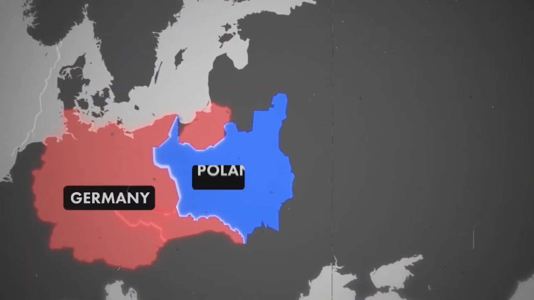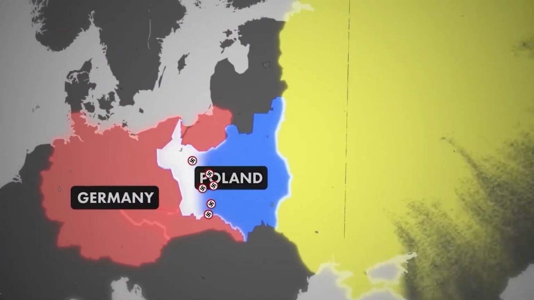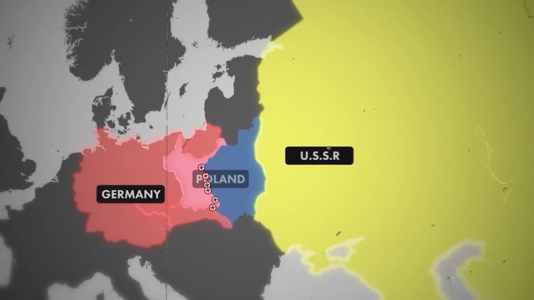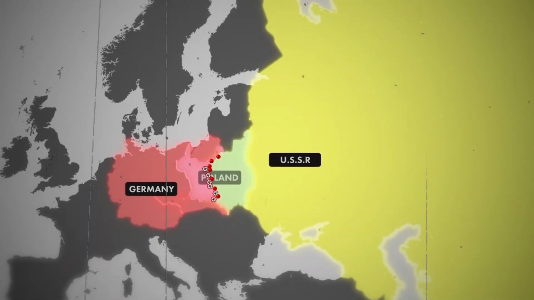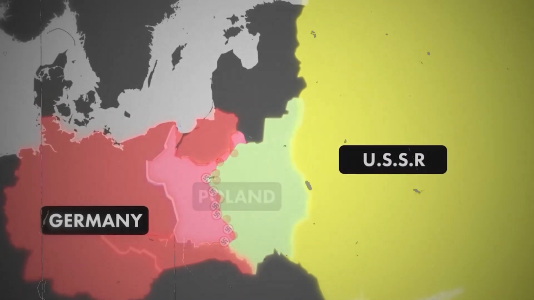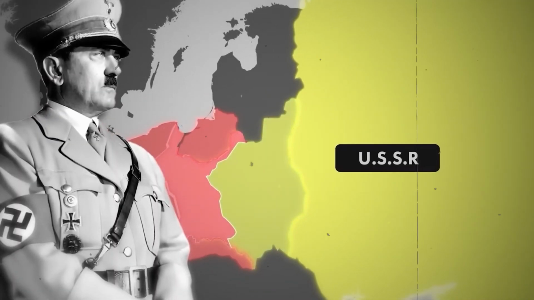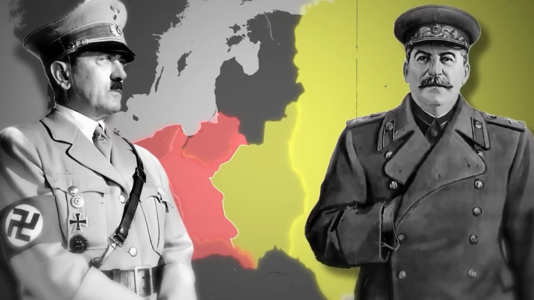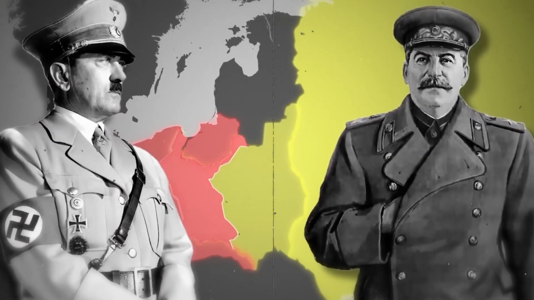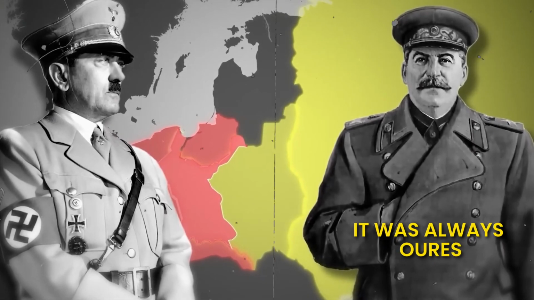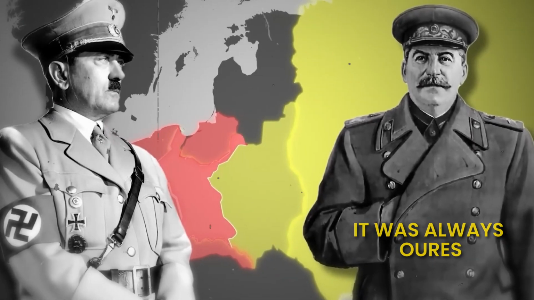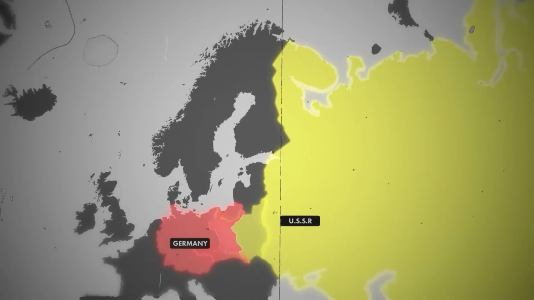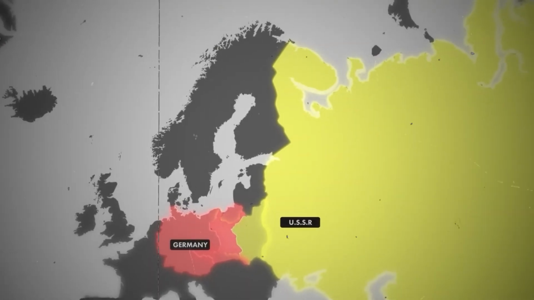Back in Poland, not only was the country invaded by Hitler, but the Soviet Union was also invading from the other side. After Poland was defeated, it was partitioned into two. Half went to Nazi Germany and the other half to the Soviets. The logic used by the Soviets was that before the Russian Revolution, the area had actually belonged to them, and so they deserved it.